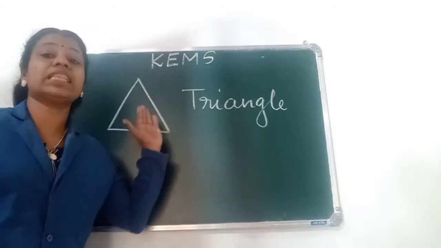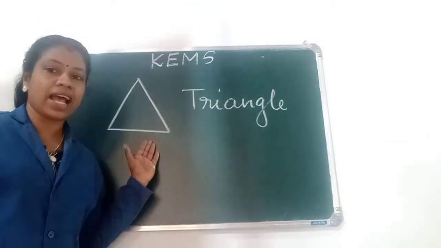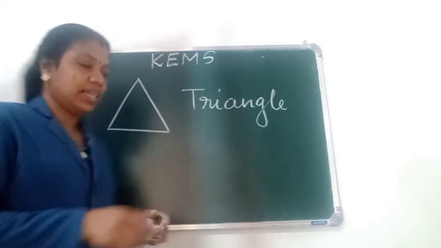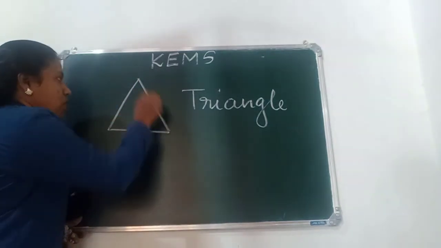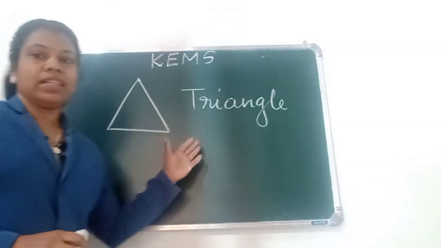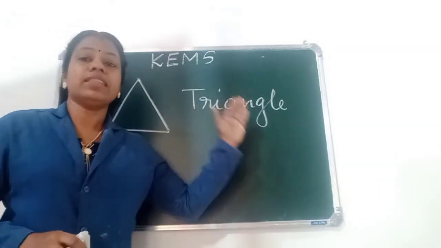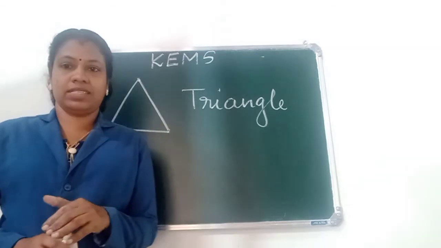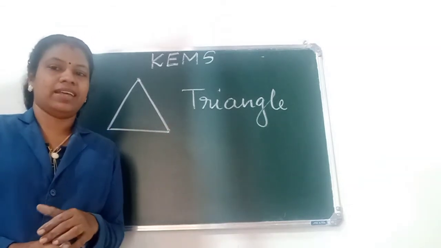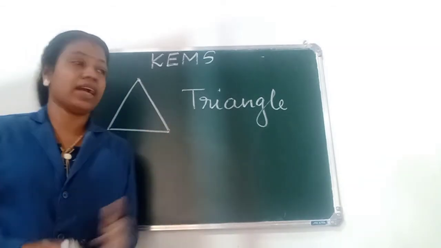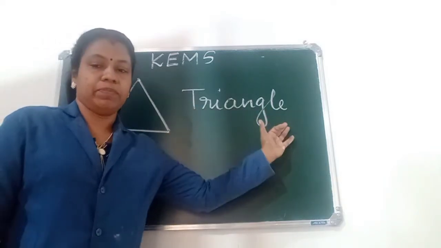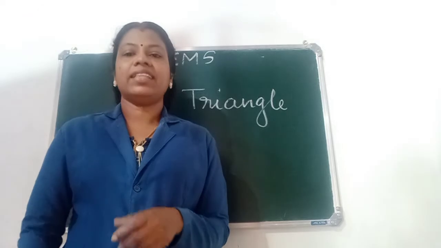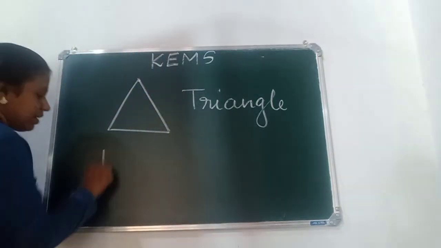So this is a three-sided figure and it has three corners also. Which are the corners? These are the corners. 1, 2, 3. A triangle is a three-sided figure and it has three corners. That's the first plane figure, triangle. Study the name and spelling, triangle. Then the next one is a